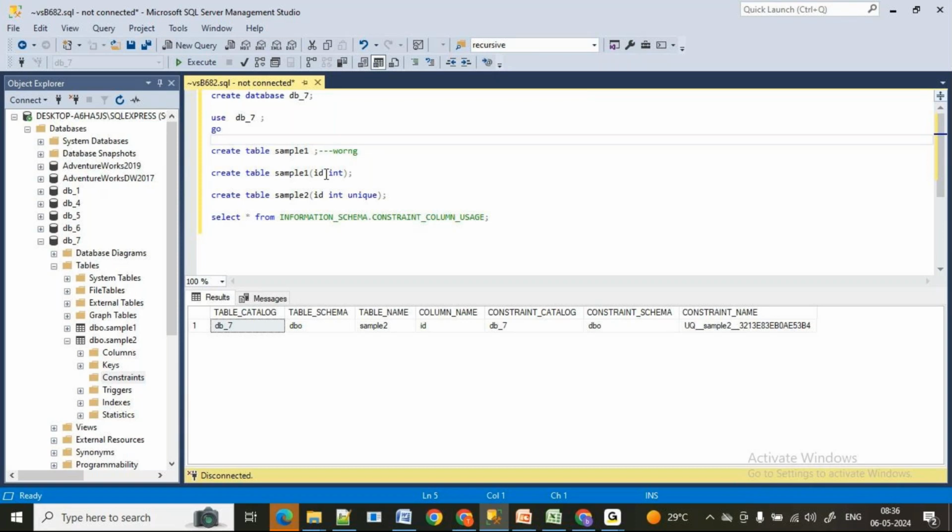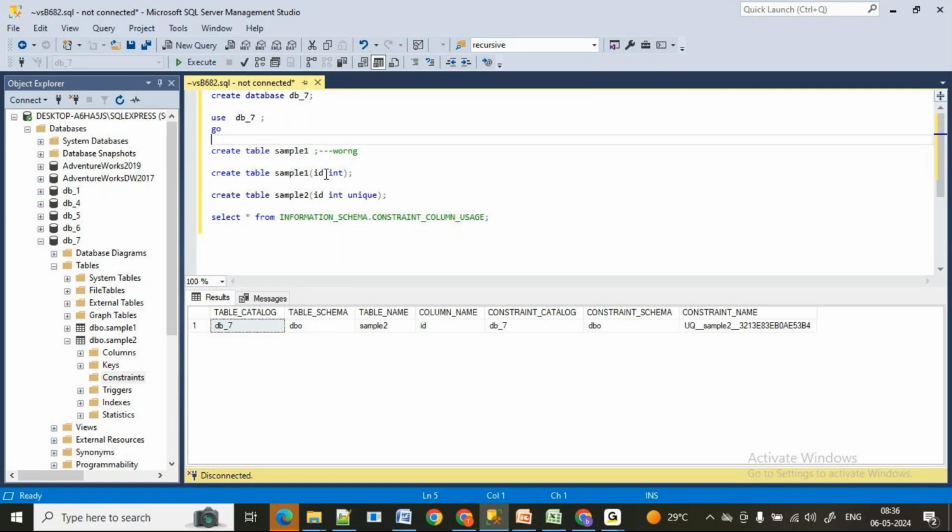Now it's up to your wish whether you need to take constraints or not. The name itself is telling: constraint means a condition, the English meaning of constraint is condition.